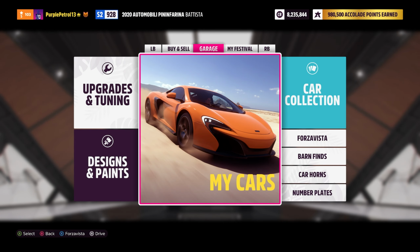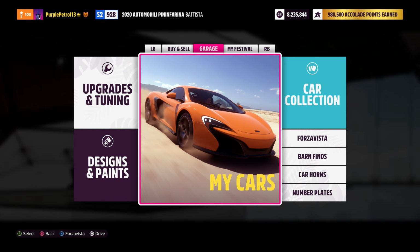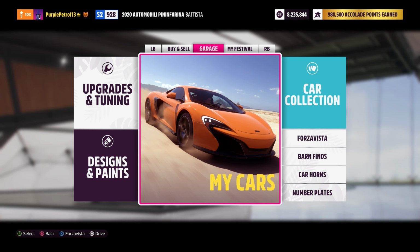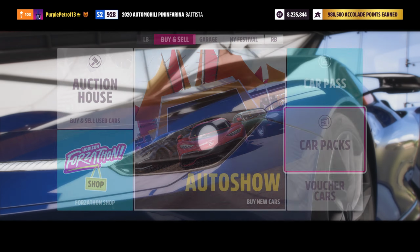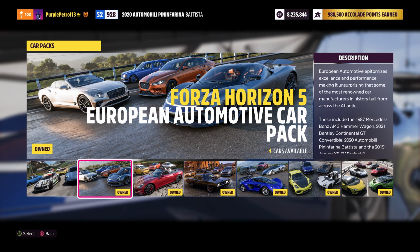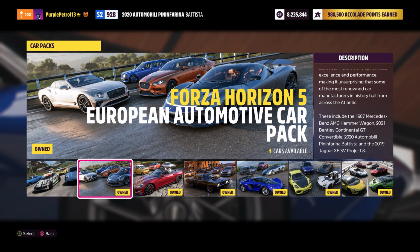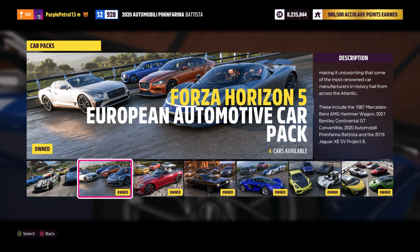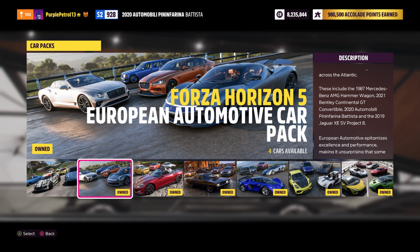The easiest way to purchase this pack, now that the game actually allows you to, because it didn't when it was initially supposed to, is to head to any festival site or house in-game, go across to the Buy and Sell tab, go to Car Packs, and here you'll find the European Automotive Car Pack. The pack is priced at £3.59 or equivalent and contains 3 new cars and a piece of recycling from Forza